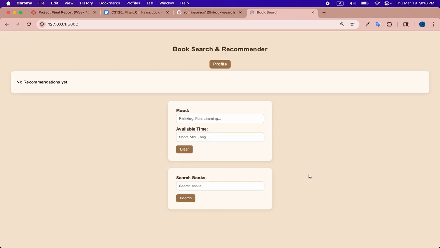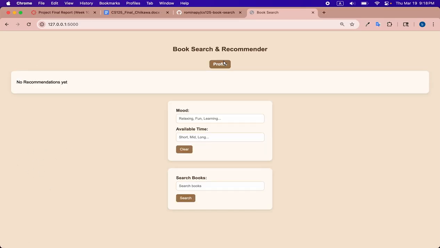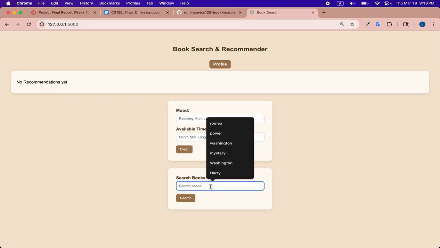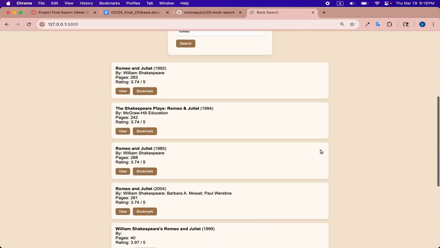UI UX, and I worked on the personal model, including the preferred authors and genres, the recommendation system, and other features in this web app. So on the front page, you can set the context with the mood and or time, and on the profile page, the user can set the preferred authors and genres, and that'll stay in session, and they can also view their bookmarked books. So we'll start off by searching for Romeo, and we'll get the top 10 results here,